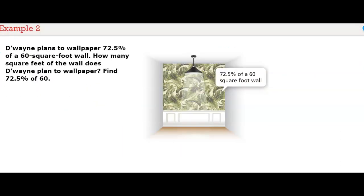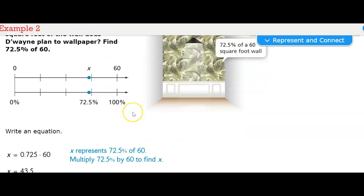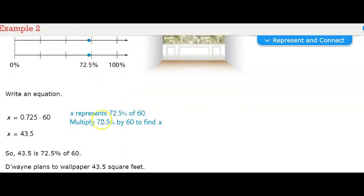Dwayne plans to wallpaper 72 and 5/10% of a 60 square foot wall. How many square feet of the wall does Dwayne plan to wallpaper? Find 72 and 5/10% of 60. First, you need to write an equation. So you have x equals